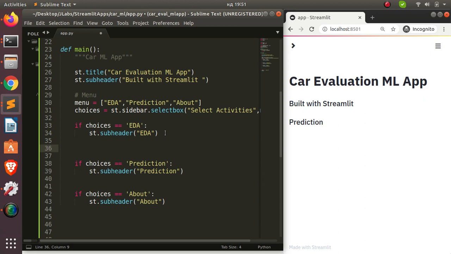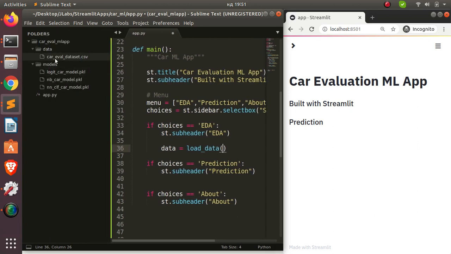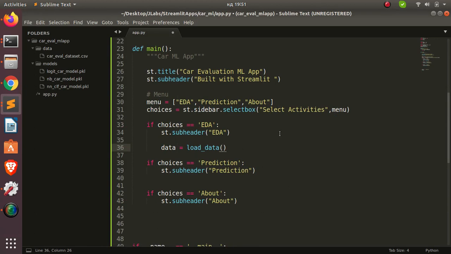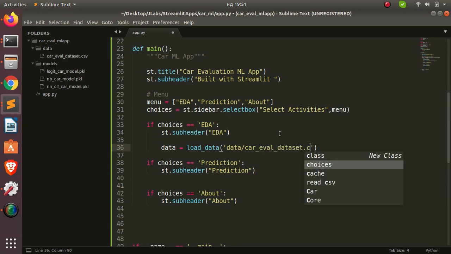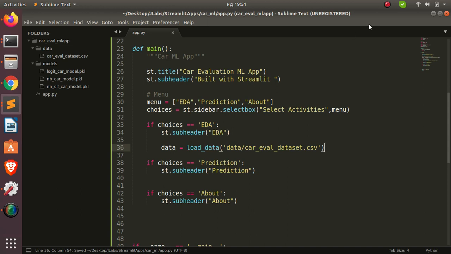So let's call it my data, which is going to be my load data. Now passing my data. This data is found inside my data folder here, my Car Eval dataset. So I just come back to the same place, then I'll pass it here as my data/Car Eval dataset.csv. Right. So if I save it and I come back here,